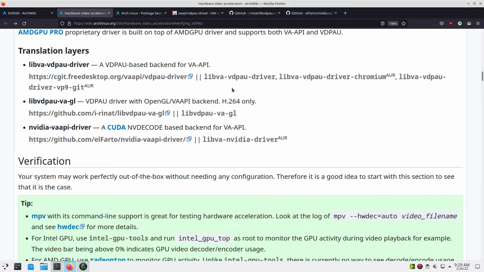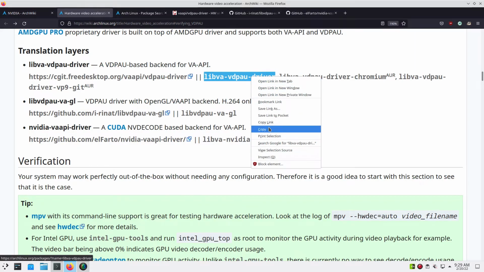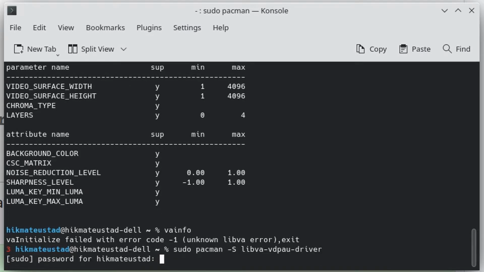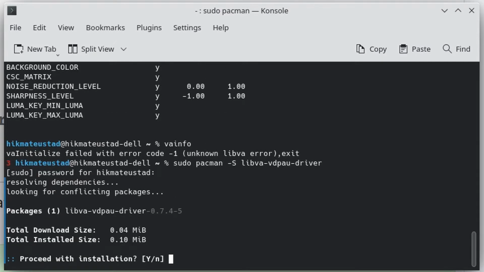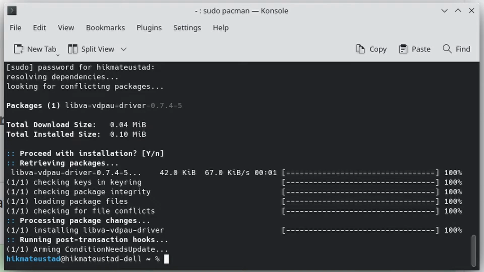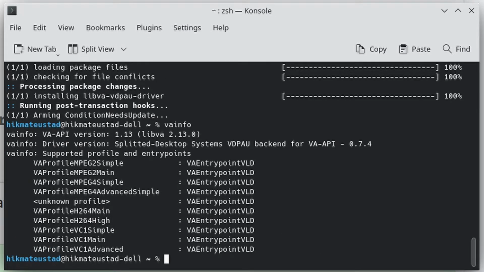Since I want VAPI, I'm going to install this driver. What am I doing? I'm on an Nvidia card, and I want VAPI, which is provided by Intel, and that is being offered by these translation layers. Okay, so if I hit VA info, you see I didn't get any VA info. But now if I install this driver, hopefully I am going to get VA info, although I am on my Nvidia card, which is provided by Intel. Okay, so this is being translated in the backend, and now if I hit up arrow and say VA info,